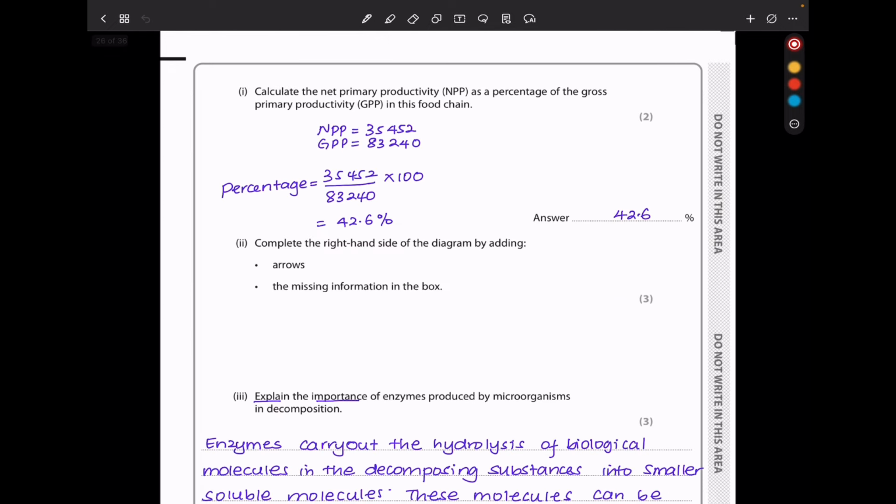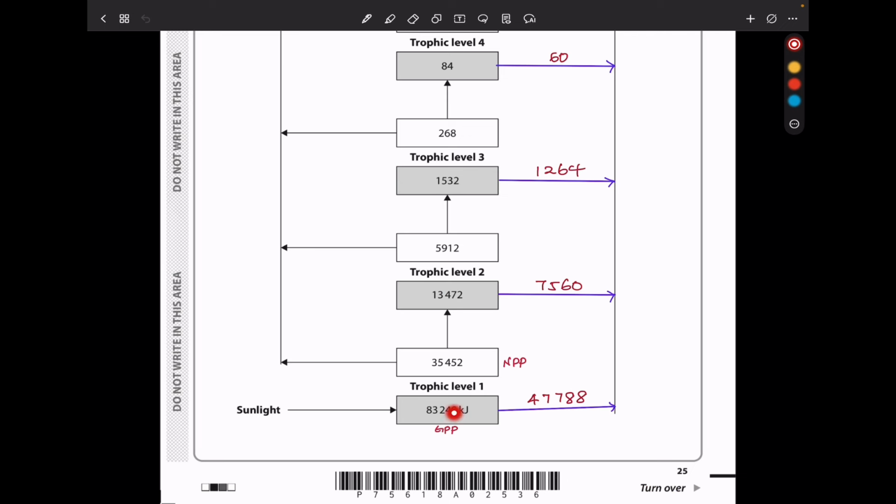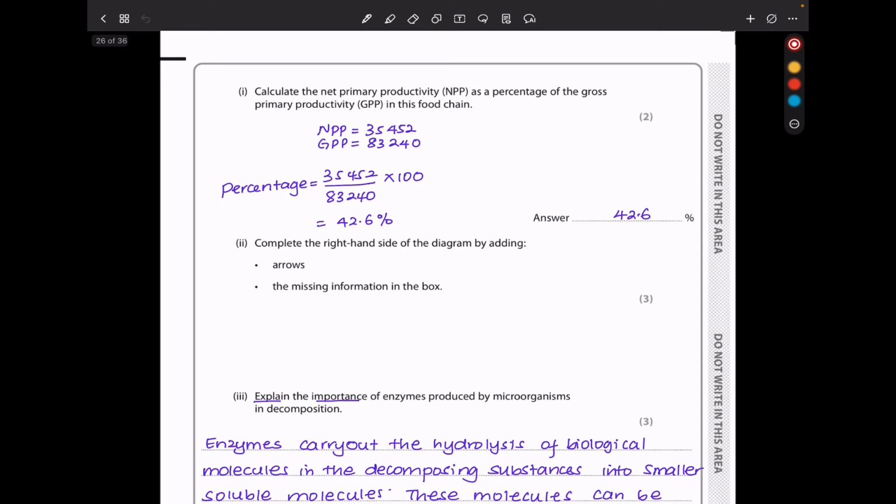They say, calculate the net primary productivity as the percentage of the gross primary productivity in this food chain. This is going to be the gross primary productivity, and that is the net primary productivity, meaning whatever leaves trophic level 1 to go to the next trophic level. So the difference between the two is going to be what goes into respiration, which is that. So this is going to be the net primary productivity divided by the GPP times 100, giving us 42.6%,